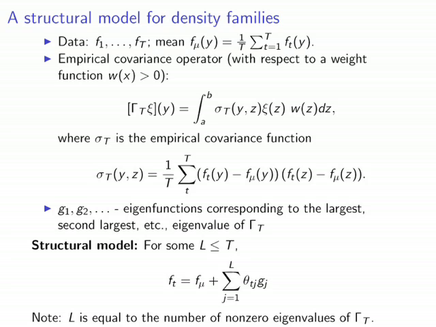So you could interpret these basic functional structures, the g's, how they look, how the time evolution of the thetas goes, and say how the densities evolve over time. That would be the basic idea here. And so essentially what we could do, what is always well defined, is not just using this theoretical covariance operator,